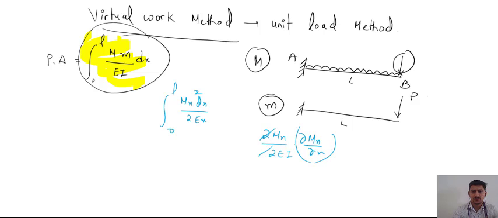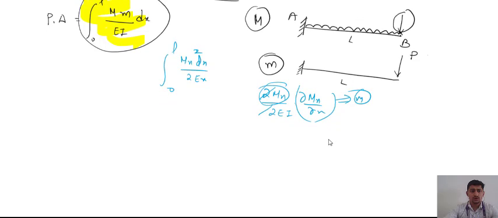So this is taken as a small moment, that is m, that will be according to the unit load, and capital M is this value which is due to the external loading. So this is why we are calling this an energy method also, because we are using the strain energy formula in this. So for calculating the deflection, you have to apply this formula,